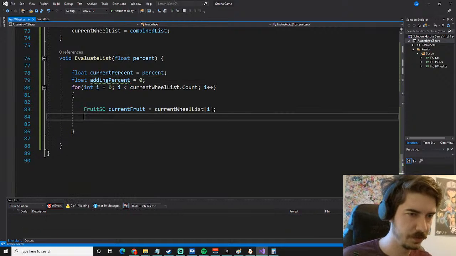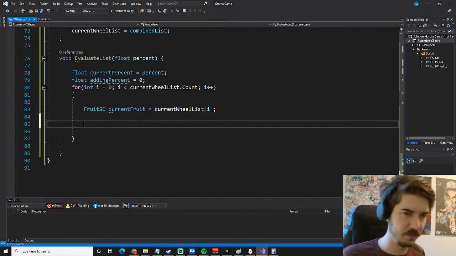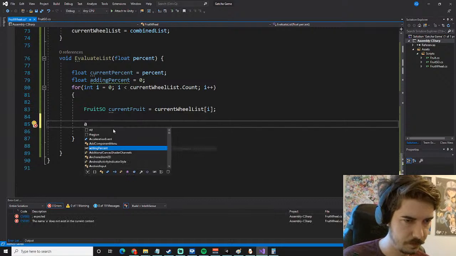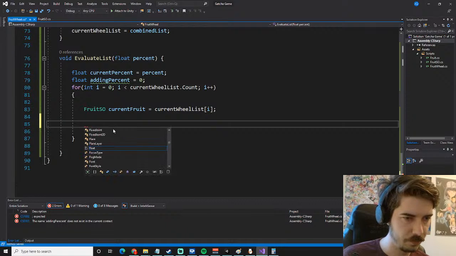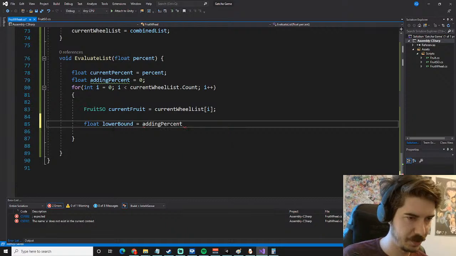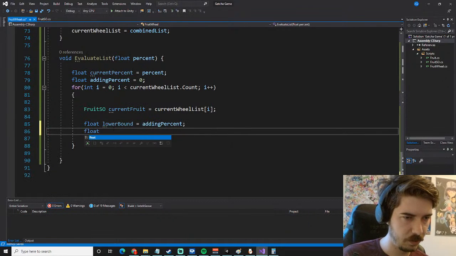Yep, so we're going to add upwards. Basically, what we're going to say is float lower bound is equal to our adding percent, and our upper bound,